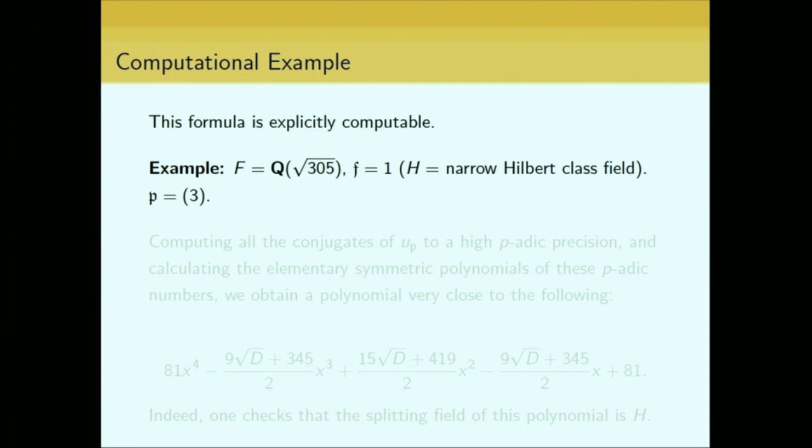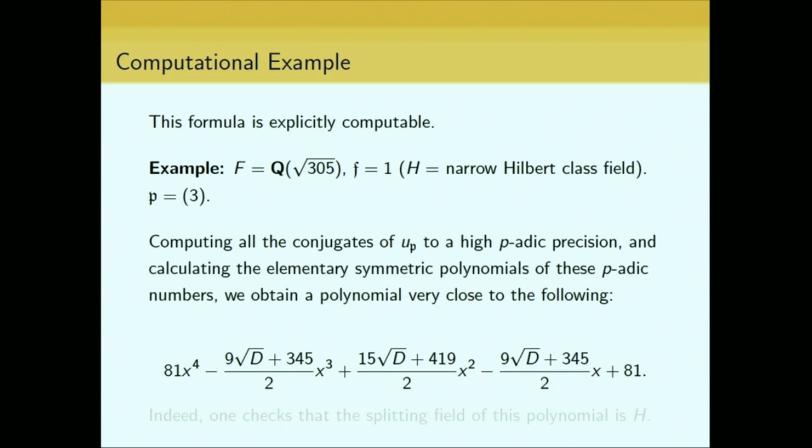So you take F adjoin square root of 305, and I want to take the narrow Hilbert class field, and I want to take a small prime p. So I took p equals 3. You can check 3 is inert in there. And so you compute all the conjugates. So you calculate that integral up to like 50, or I think it was maybe even more in this case, 100 p-adic digits. And you calculate the elementary symmetric polynomials,